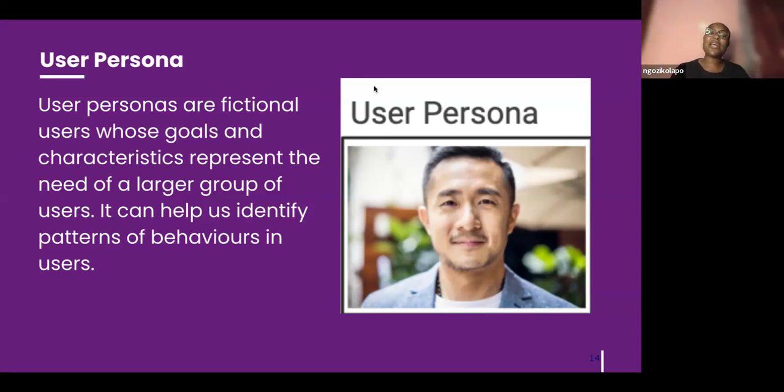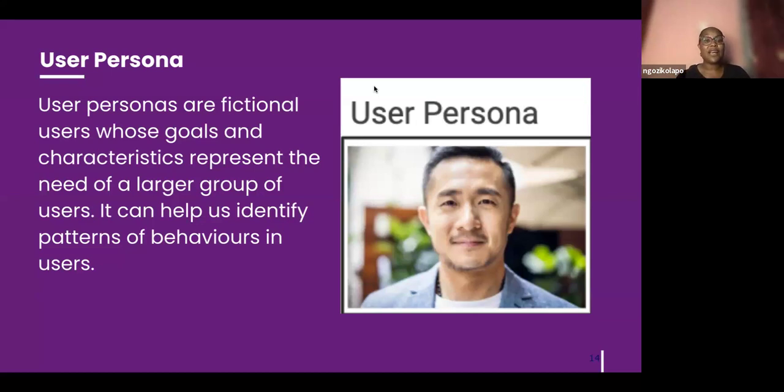And that user persona helps you to always think of that user a lot. Because when you put a name to the user, you always know that there's an Elizabeth somewhere that needs this product. We really need to help Elizabeth. There's no Elizabeth anywhere, but she's a fictional character that represents the larger audience that you are building for, the larger group of people that you are building for. Okay, so we like to give it a name so that when you are building, you are thinking of Elizabeth,